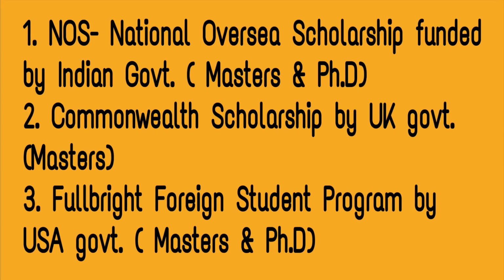One very important thing is that any scholarship you apply for has its own limitations. They have eligibility criteria, a deadline, an expiry date and so on. This National Overseas Scholarship expires within 2 years. So after you get the scholarship, within 2 years you have to search for a university and get into it, or else it will expire. So that's number one. The second scholarship that I want to talk about is the Commonwealth Scholarship by the